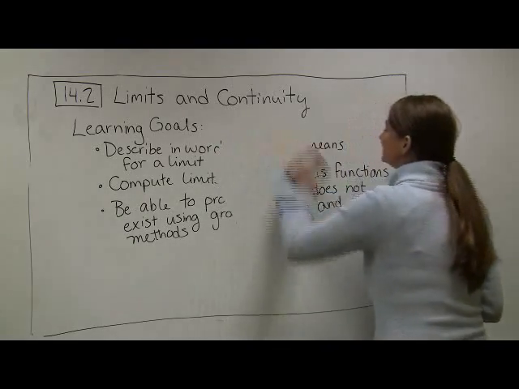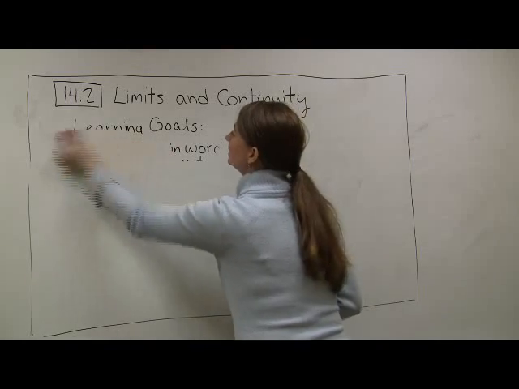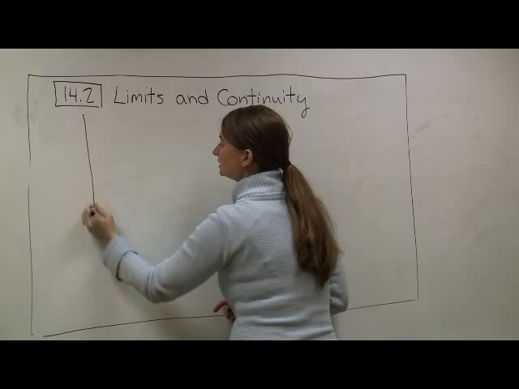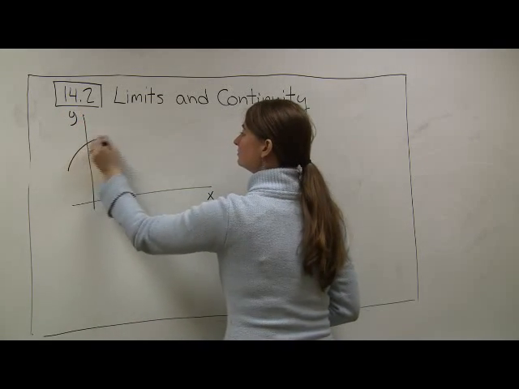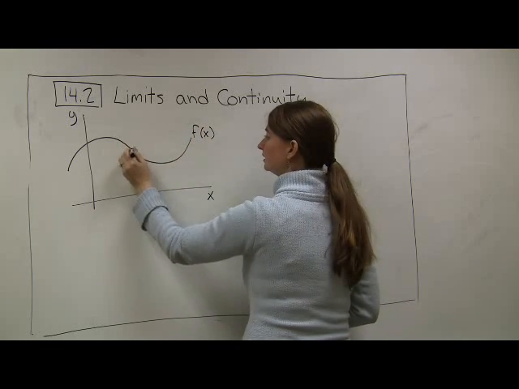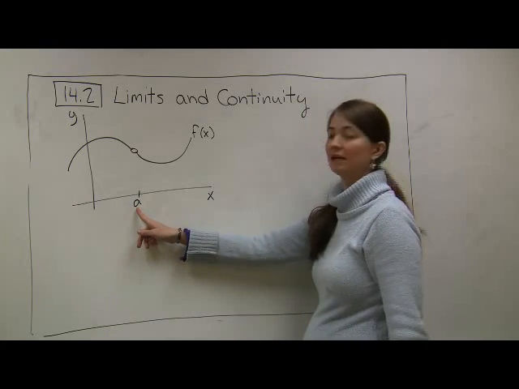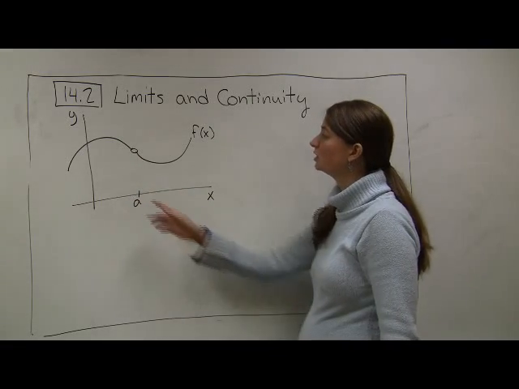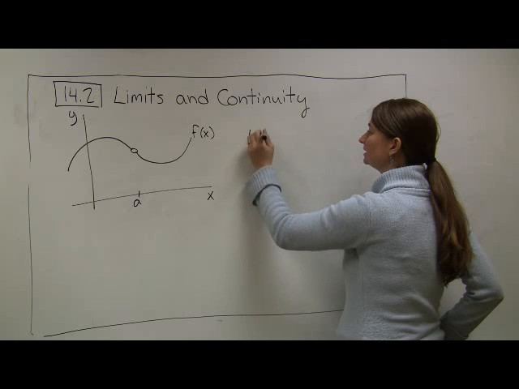So to get started, I'm going to start by reviewing what a limit means for just a single variable function. This is something that you should be familiar with. Let's say that I'm just in the xy plane and I have some function f of x, and I'm looking at what happens as I approach some x value that's set equal to a. When we were in the single variable case, we looked at right hand and left hand limits. So in this case, the left hand limit